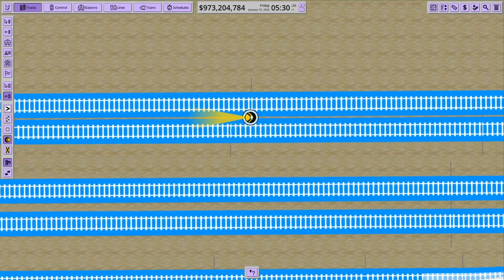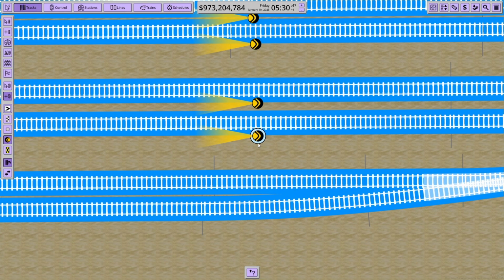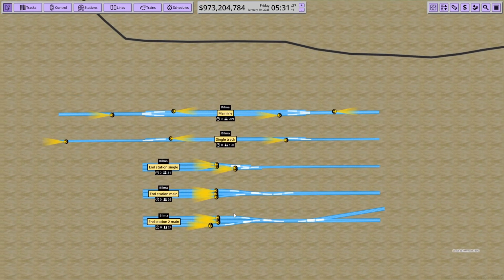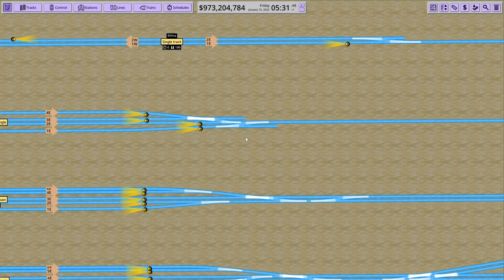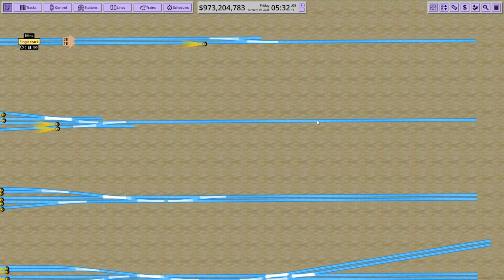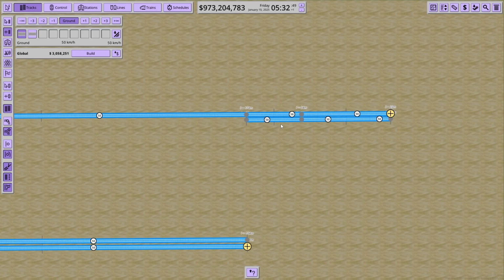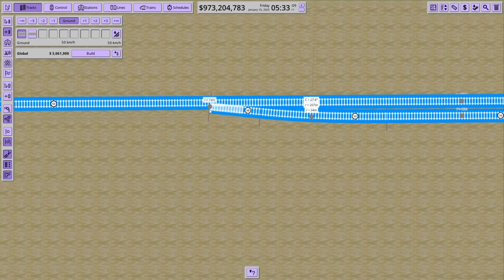Now here as well, I will just do it like this, this, this, and this. Here I will go a bit further to the left because we have a switch there. Then, just to make it relatively fast, single tracks. You have two options on single tracks. Option number one is when you have a station somewhere down the line